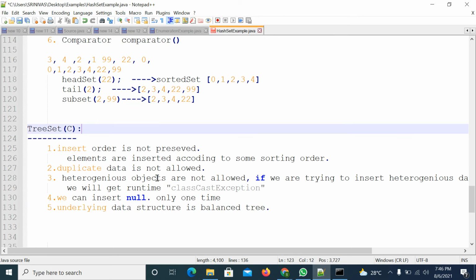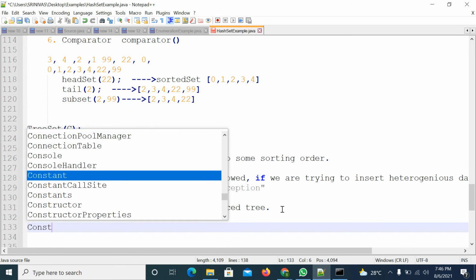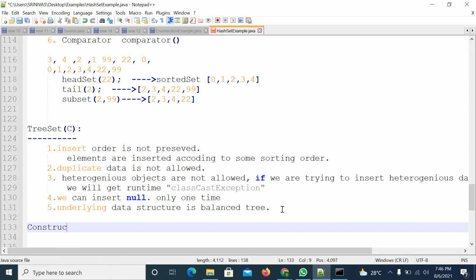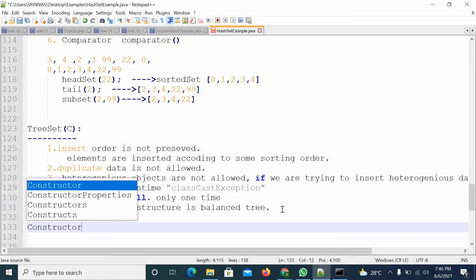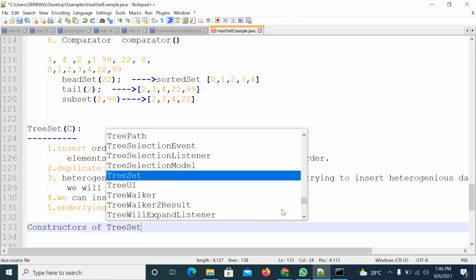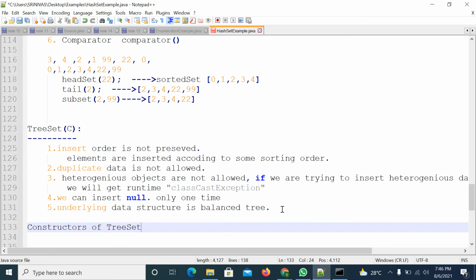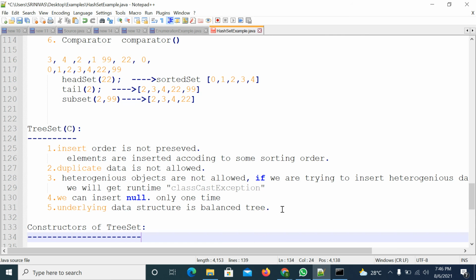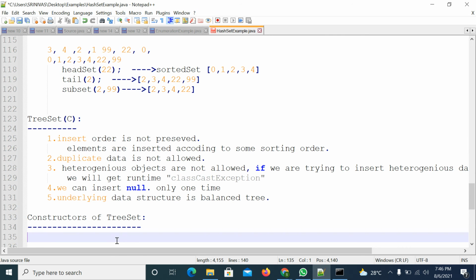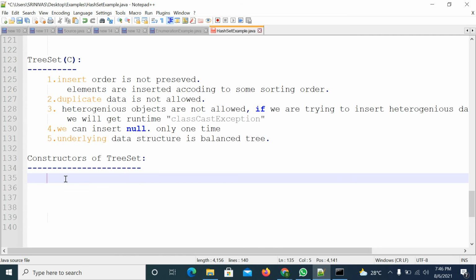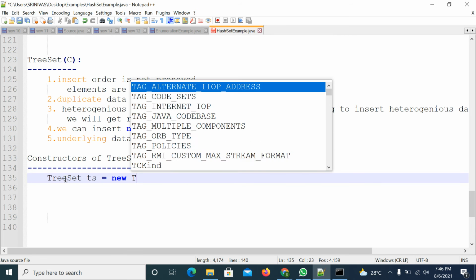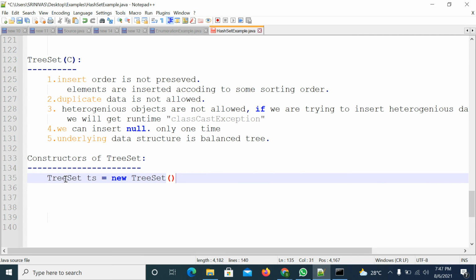Now, what are the constructors in the TreeSet class? Constructors of TreeSet. The first one is the default constructor without parameters: TreeSet.